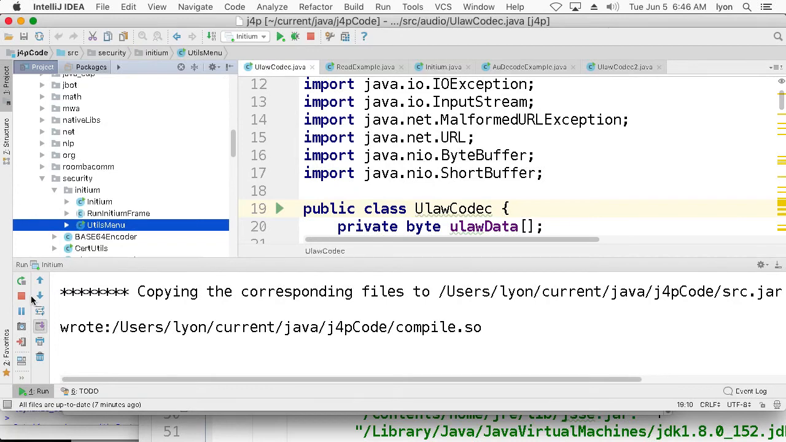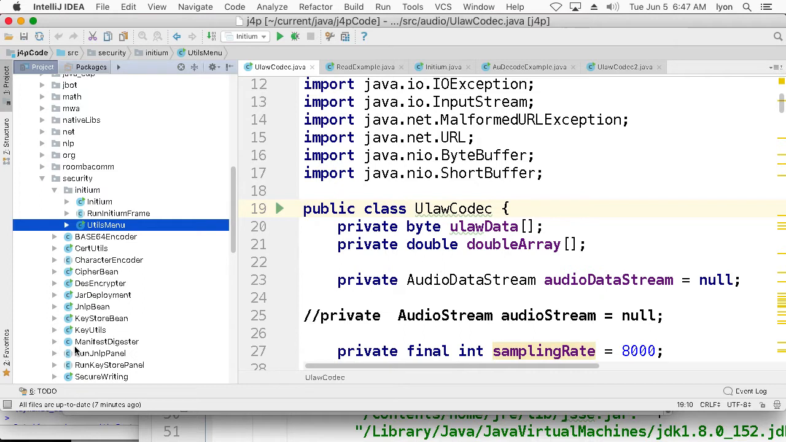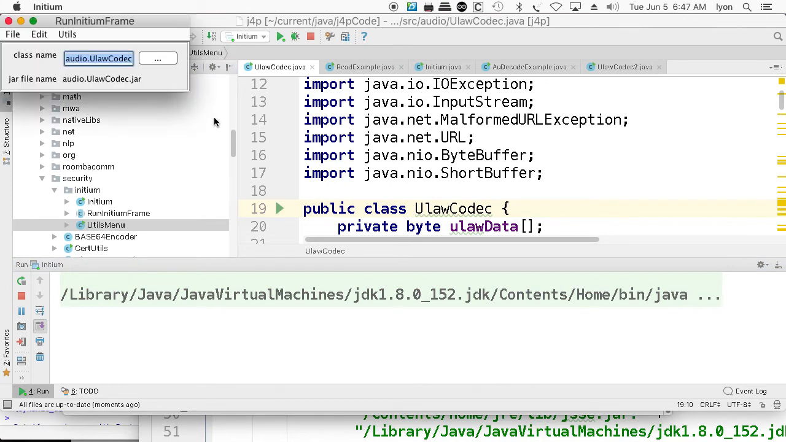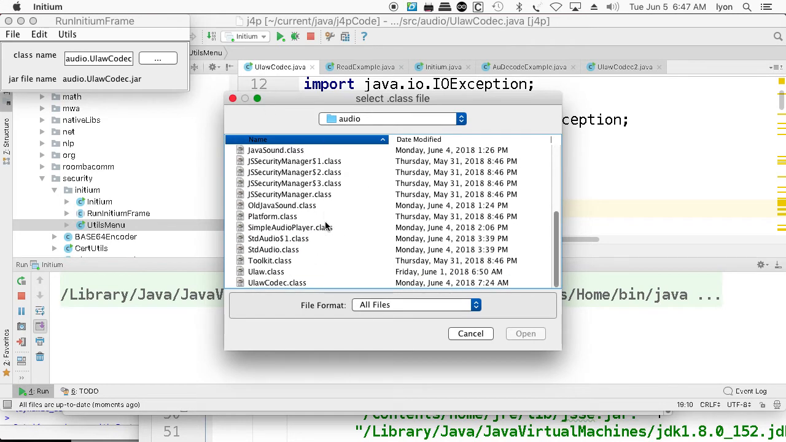Everybody, just wanted to give you a quick rundown on my new packing facility. This is for Project Inidium, which I have published a little bit about. What it does is a little class file engineering. What you want to do is select a class that contains a main method, and this